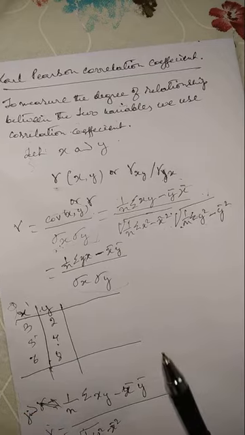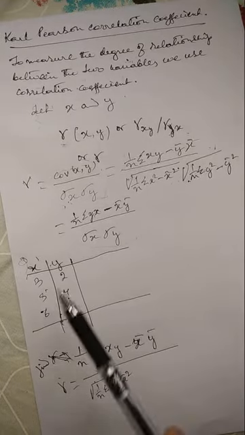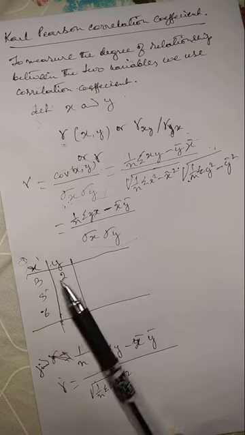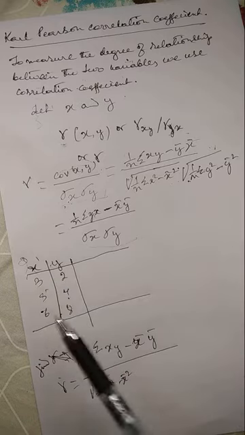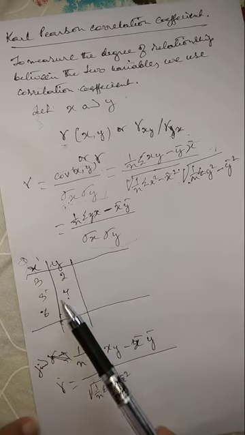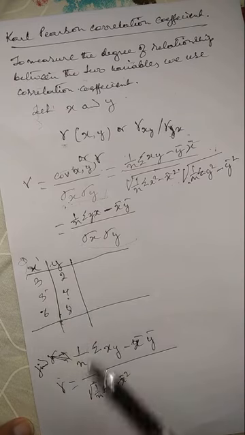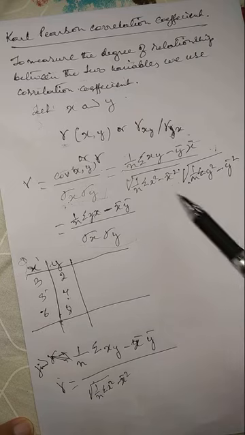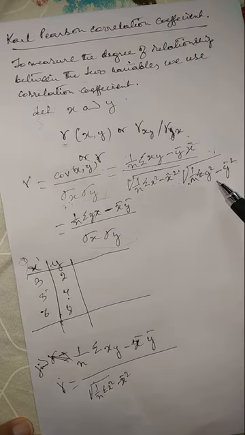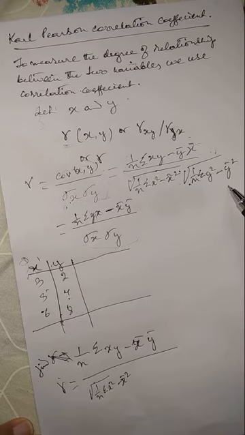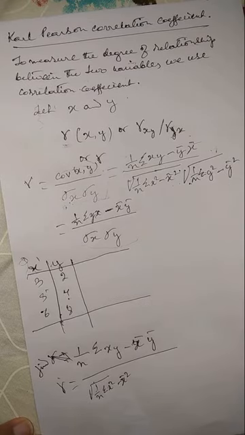Okay, they give us these two variables, the values of the two variables x and y. So we're looking at this data which is given to us. Now we understand that we have to utilize the second part of the formula. Okay, second part of the formula. Okay, so here